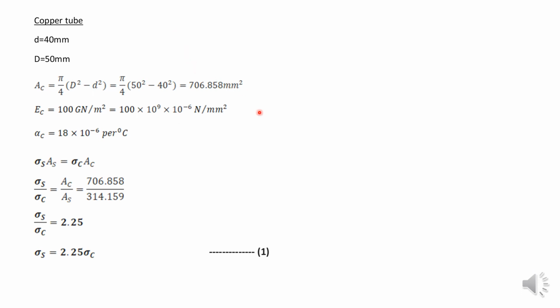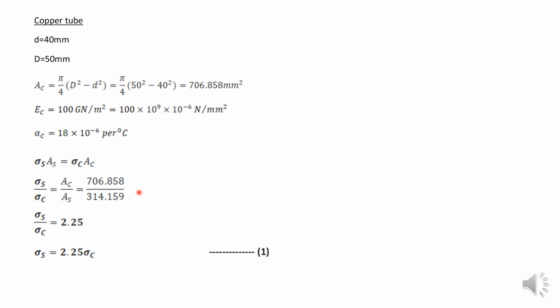Now the Young's modulus value for copper tube is 100 giganewton per meter square, and that's equal to 100 into 10 raised to 9 into 10 raised to minus 6 Newton per mm square. Now the coefficient of thermal expansion for copper tube is equal to 18 into 10 raised to minus 6 per degree Celsius. So for solving the temperature stress on composite bar, the first equation is the tensile force